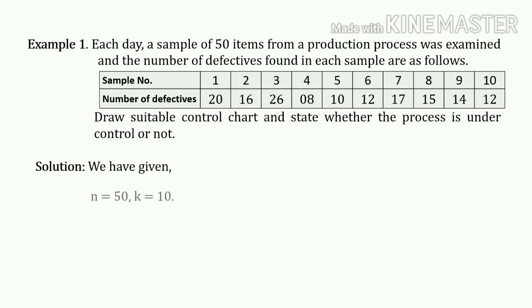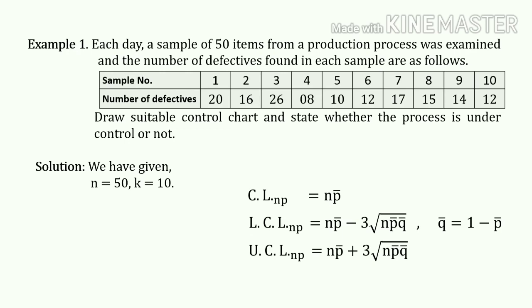Solution: we have given N is 50, K is 10. For NP chart, we know the control limits. CL NP is NP bar, LCL NP is NP bar minus 3 under root NP bar Q bar, and UCL NP is NP bar plus 3 under root NP bar Q bar. So to obtain these three limits, we require the value of P bar and Q bar. Next step is